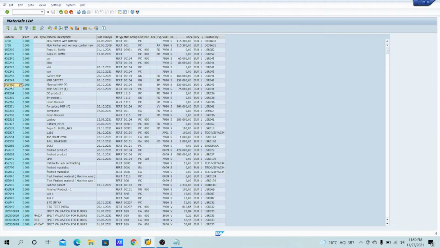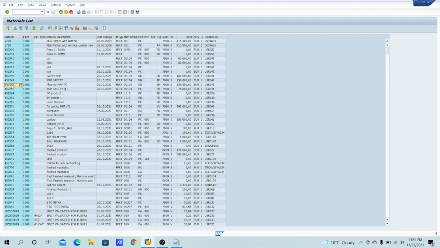In the case of non-valuated material, you can check in the material type or OMS2 itself that you'll have two ticks, right? One tick is value updating, as well as quantity updating. But in the case of non-valuated material, you have only quantity updating instead of value updating also. So that's what we call non-valuated material.